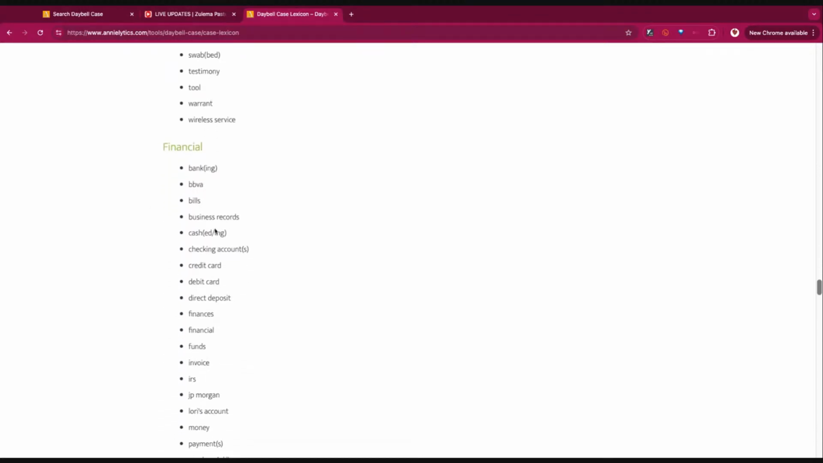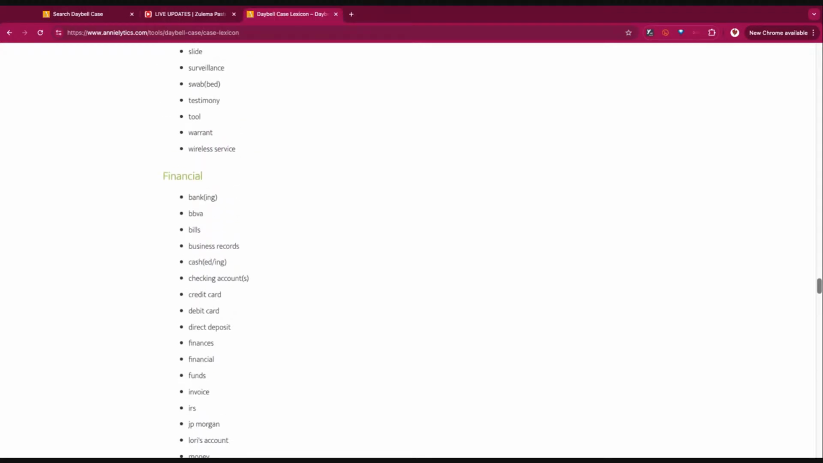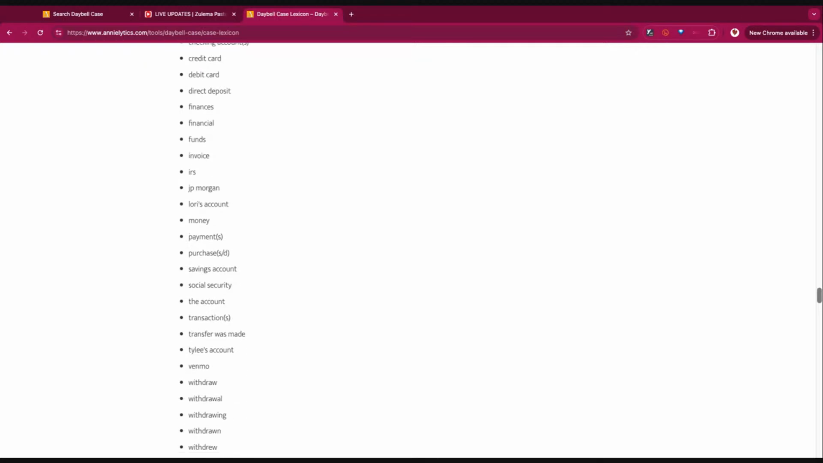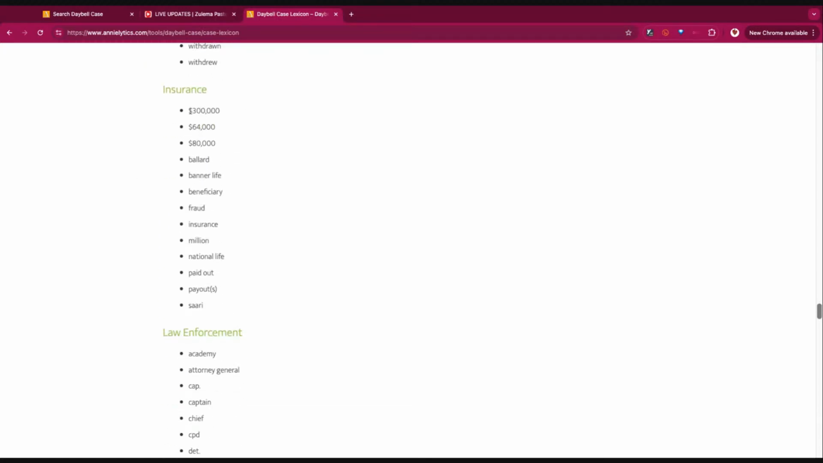analyzing the evidence. I have financial keywords, so like we have Venmo, we have Cash App, and when I was coming up with these keyword lists, I was just kind of scanning through the different article pages and looking for similar keywords. With insurance, we had a $300,000 policy. That was one of Tammy's. She had an $80,000 policy. This was in reference to Joe's life